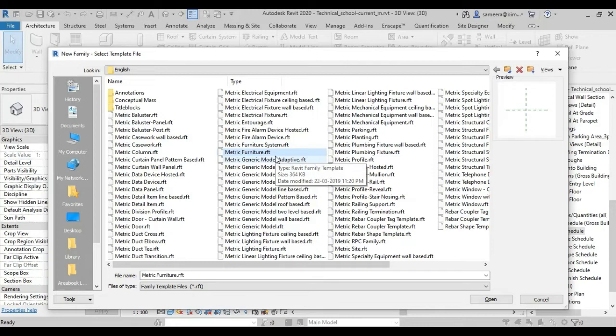So what we can do is create these families separately, and we can load these families into any project. And also this is transferable. We can send these files to other persons, and they can also use that. We can upload this to some specified site, and they can download it and use it.